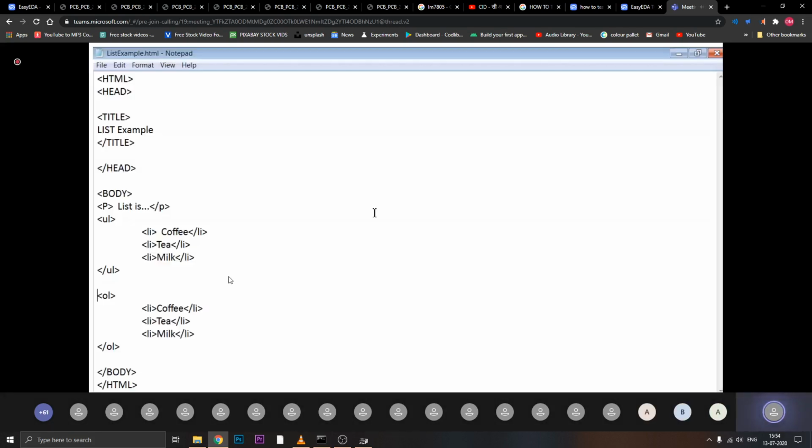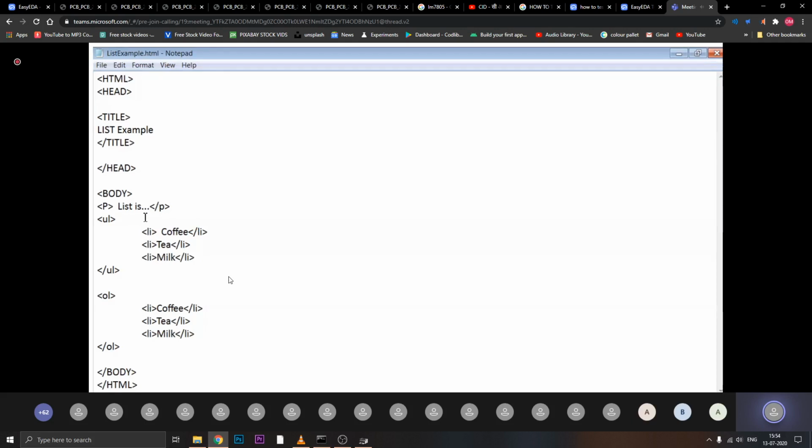Then one more example. Suppose sometimes you want to show the contents in the form of a list on your web page. At that time, in HTML, some tags are available for doing this, so you will be using the list tags. Sometimes you might have seen lists in ordered form, or in unordered form. Separate tags are available for the ordered list and the unordered list.